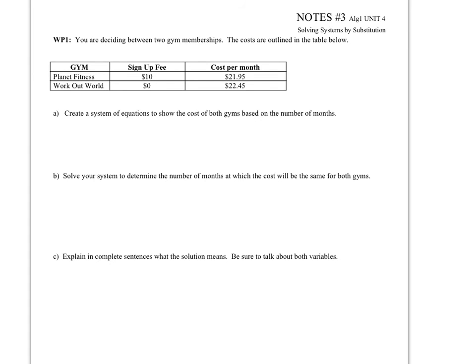So on this word problem, we're deciding between 2 gym memberships, and the costs are outlined in the table below. For Planet Fitness, you have to pay a sign-up fee of $10 and then $21.95 a month. For Workout World, you do not have to pay a sign-up fee, but you're paying $22.45 a month. So it asks us to create a system of equations to show the cost of both gyms based on the number of months. So maybe we use x to represent the number of months and y to represent our total cost. And so that means for Planet Fitness, our total cost would be $10 plus $21.95x, and for Workout World, it would be total cost is just